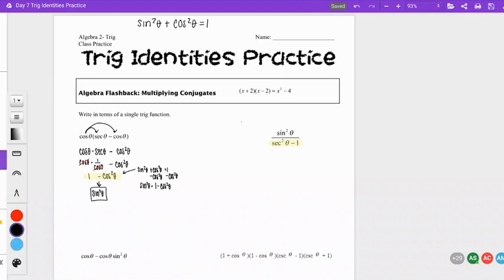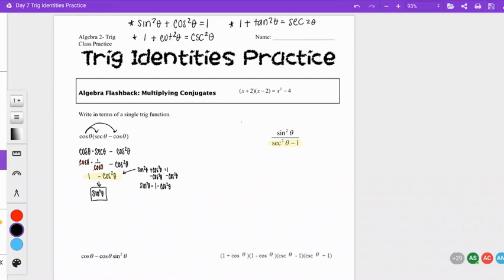1. Sine squared divided by sine squared is 1. So 1 plus cotangent squared equals cosecant squared. And then our next one would be 1 plus tangent squared equals secant